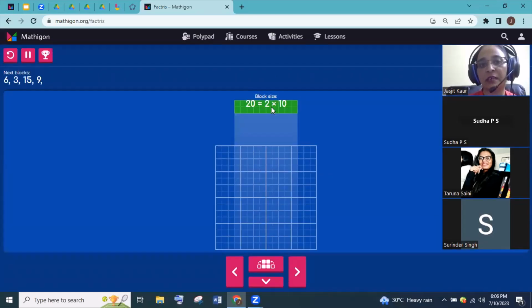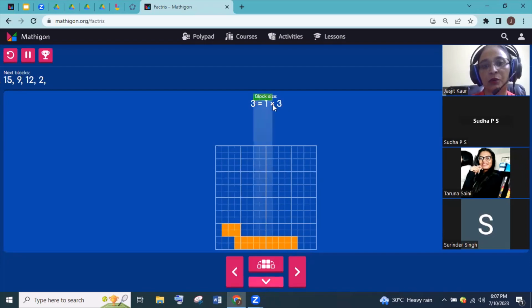And when they are starting it, ask them to just click onto it, and it will come back. Now 6 is there. Click onto it if you want to change the shape. Then let them move to the left corner, wherever you want to place it. Then move down. Now if you want to change, you can change it. You can move it to the left and right, wherever, and just see.